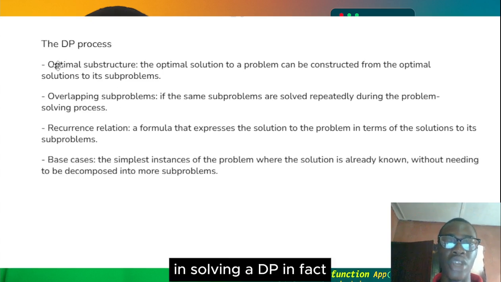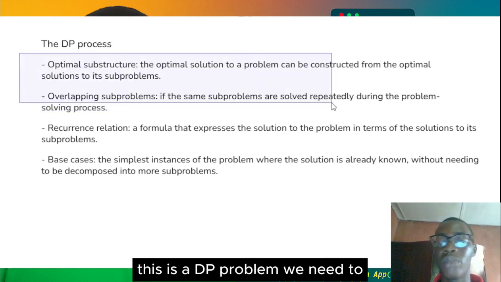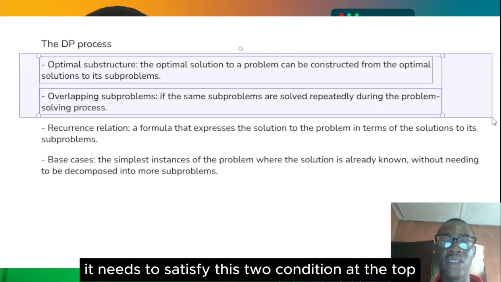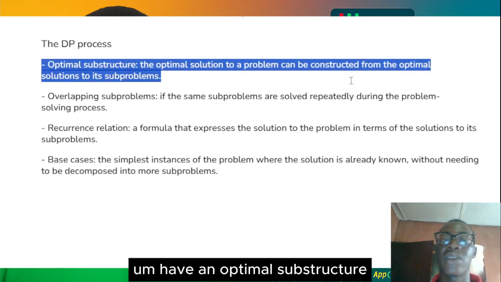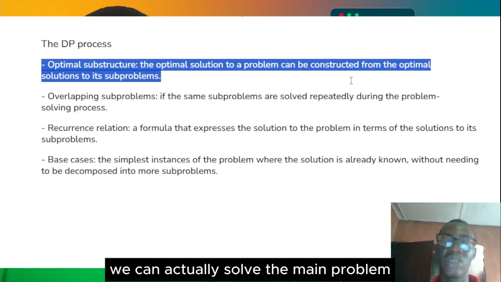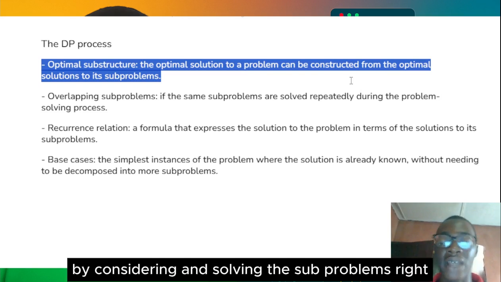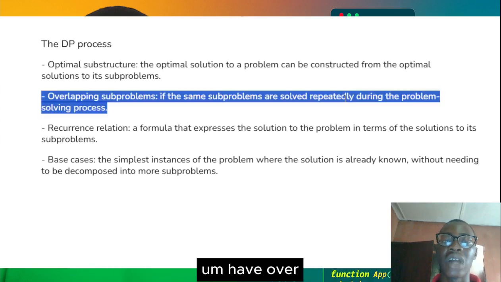So that's the base case. So in solving a DP, in getting to know that okay, this is a DP problem, it needs to satisfy these two conditions at the top. The first one is that it must have an optimal substructure, meaning that it must be guaranteed that we can actually solve the main problem by considering and solving the subproblems, right? And then the second one is that it must have overlapping